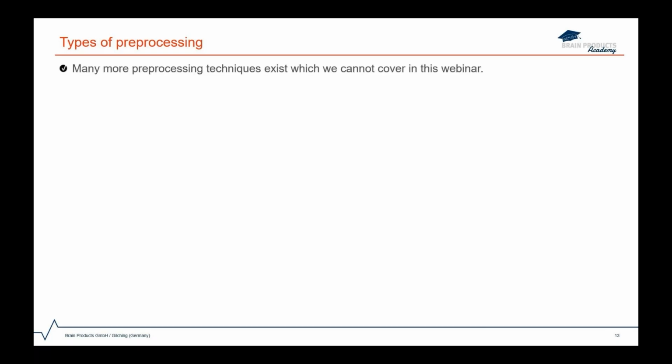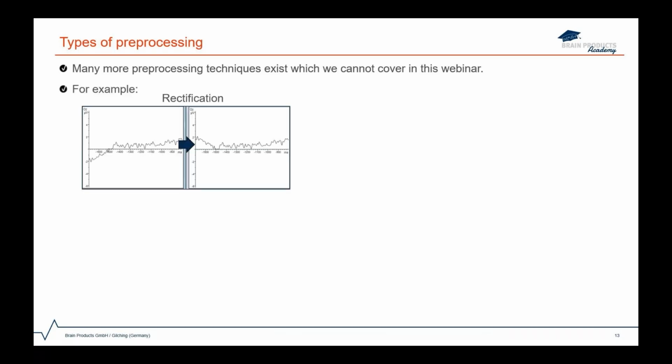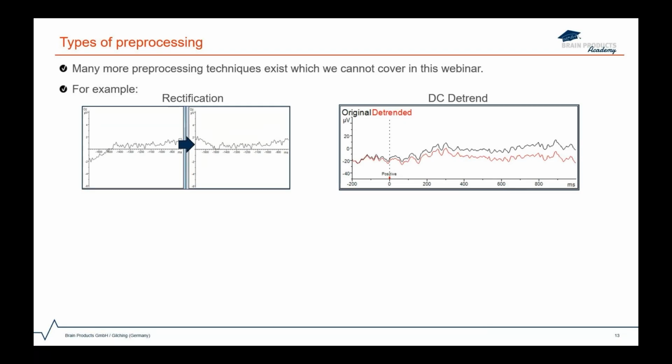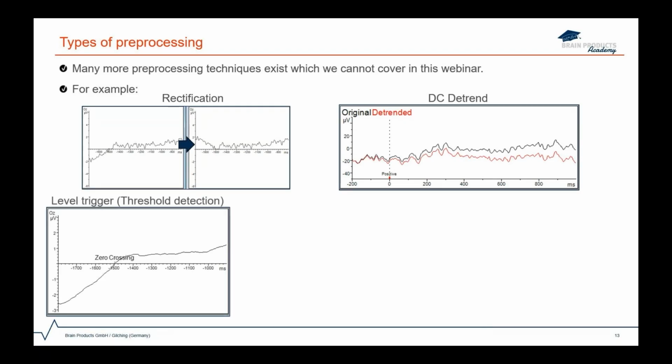Many more pre-processing techniques exist, which we cannot cover in this webinar, but I would like nonetheless to give you some examples, such as rectification, which will return the magnitude of the values in positive numbers, DC detrend, which will remove a linear trend from the data, level trigger, which will detect a threshold and set a marker when reaching that threshold, in this example, when the data crosses the 0 level,